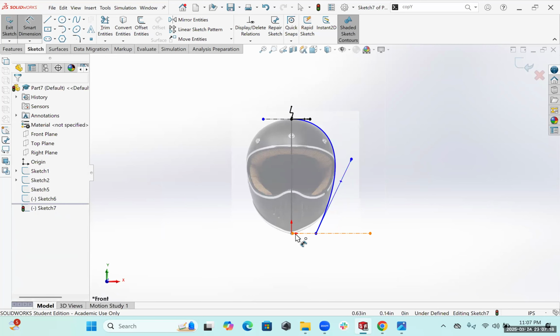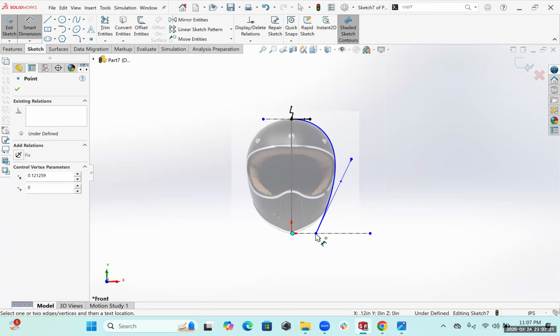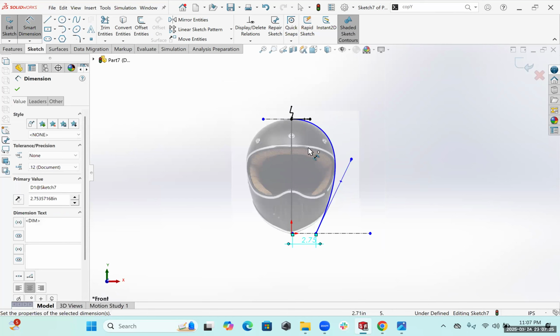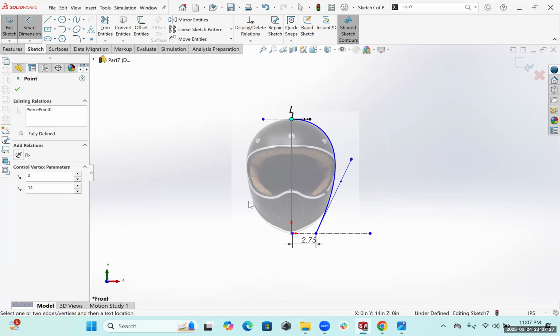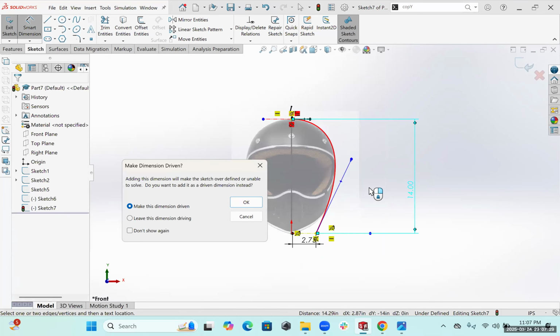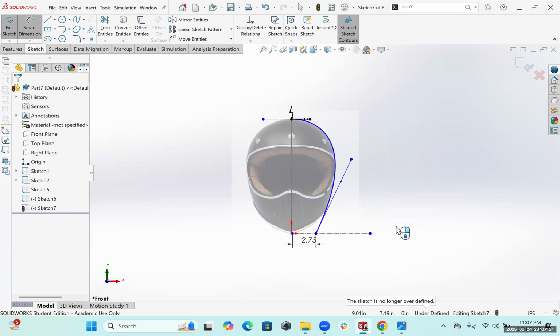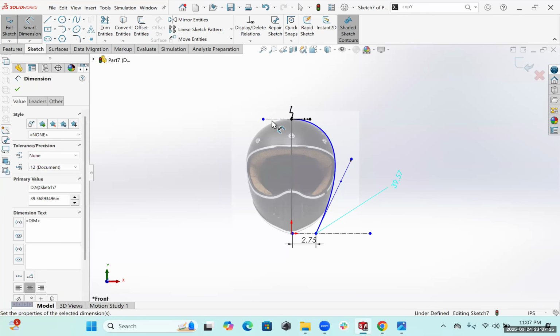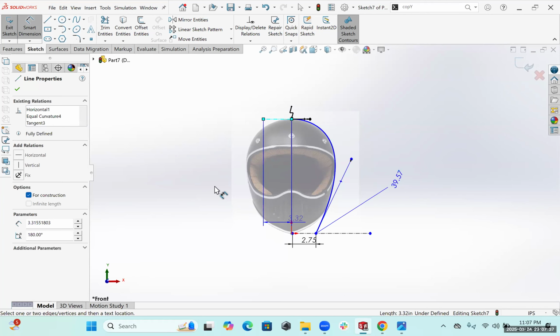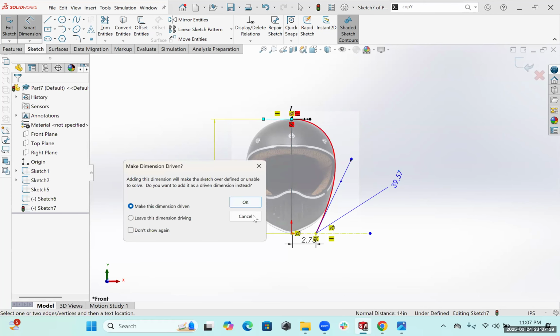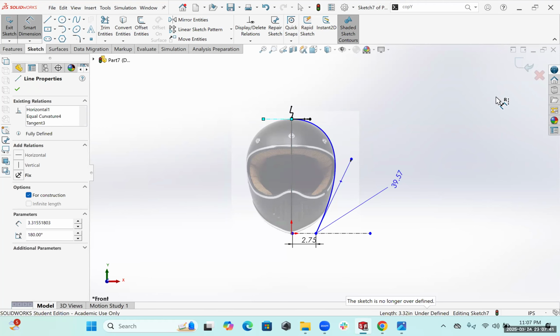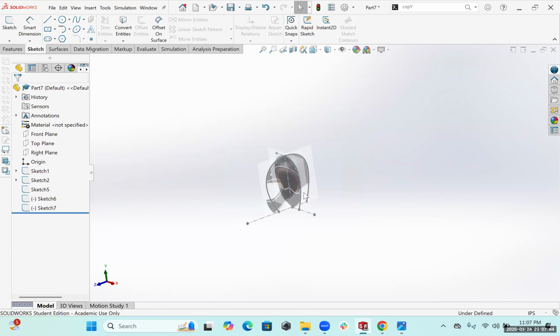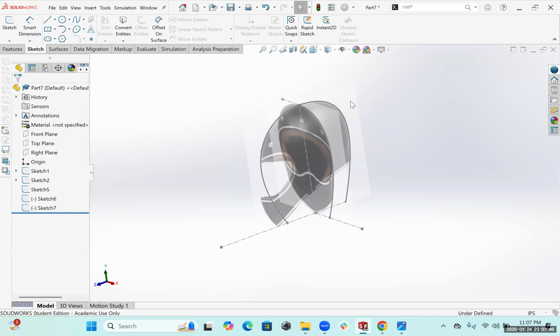Try to use some measurements so it stays black. We already know the height is 14. That's already fine. Okay. Maybe this one we can measure. Nope, too much. All right, we'll keep this. And now we're going to test out,